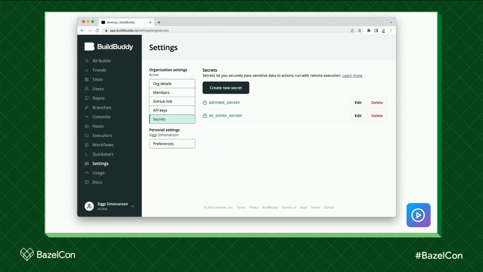The biggest feature request we've gotten for workflows from some of our early testers is support for secrets, which we've added in BuildBuddy 3 using the same libsodium sealed boxes used by GitHub Actions. This means that your secrets are already encrypted when we receive them and remain encrypted until your workflow uses them. This unlocks a whole new set of use cases for workflows, including deployments and more.